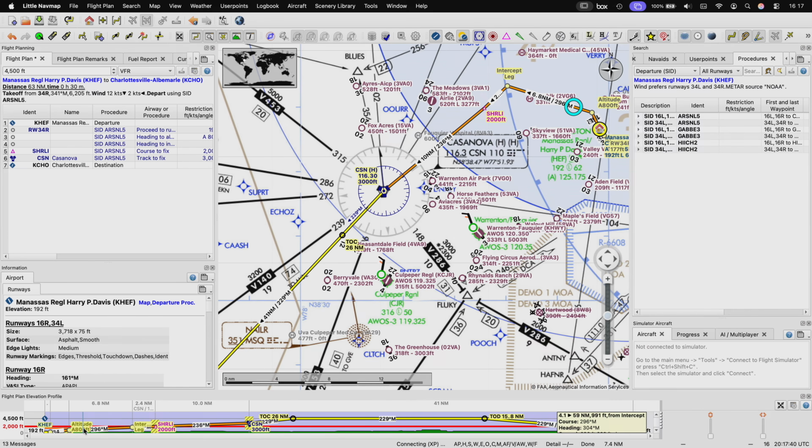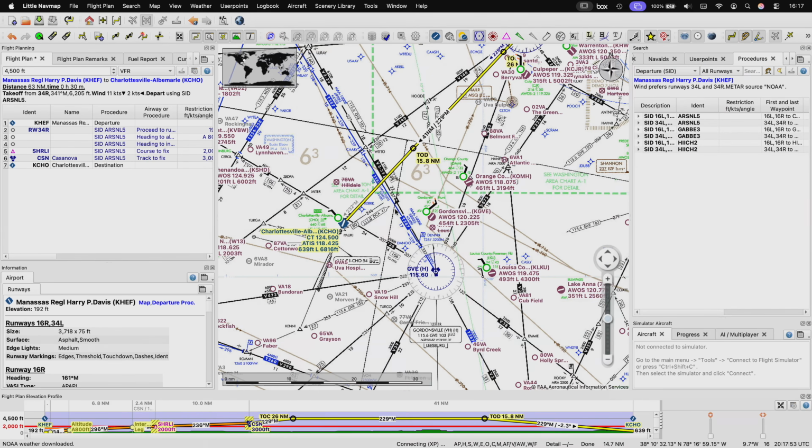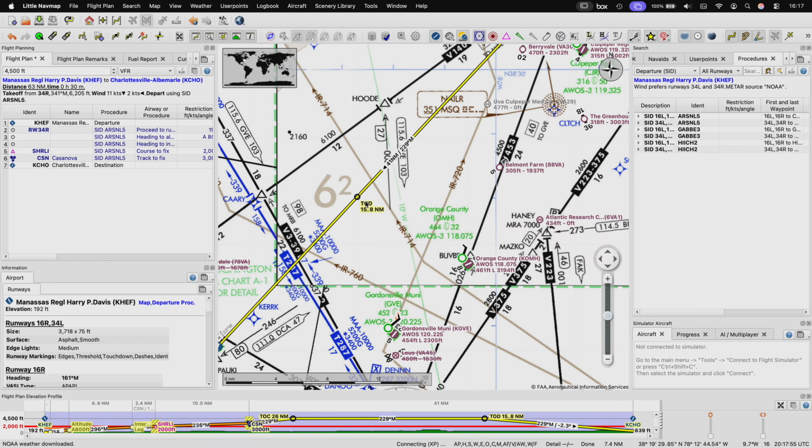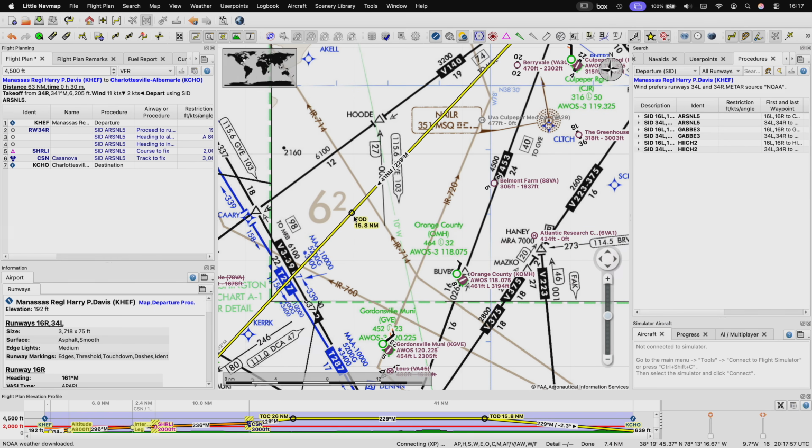I've got my departure leg, cruise altitude. It's got my top of climb. So that's going to tell me approximately when I can expect to hit top of climb, and then also my top of descent. So if I scroll out a little bit, I can see my top of descent. So that way I know mentally when I am about